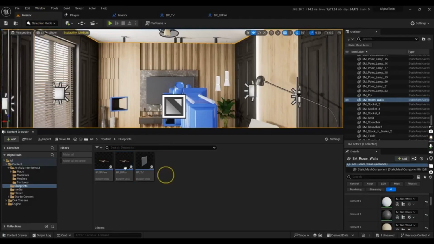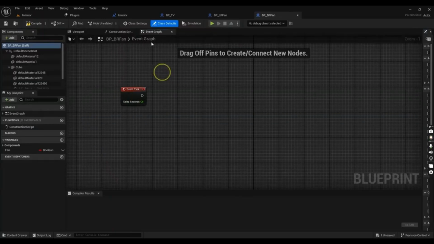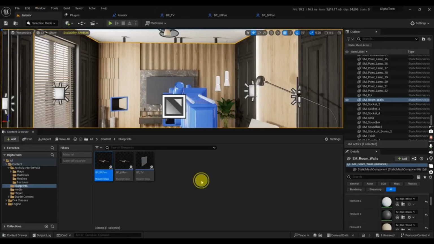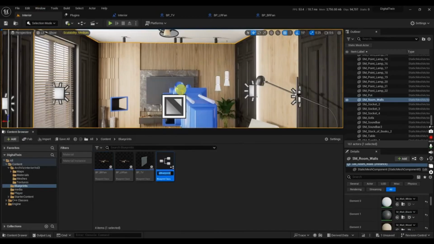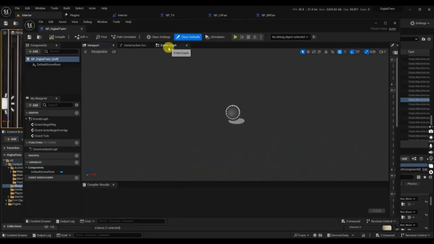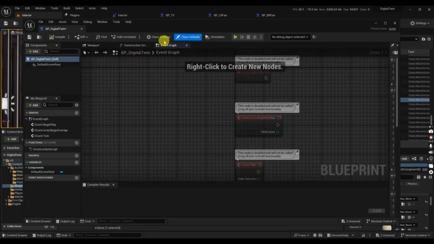So we are going to update the status soon. So first of all, we have to create an actor BP underscore DigitalTwin. So here we are getting all the data from everything. So let's